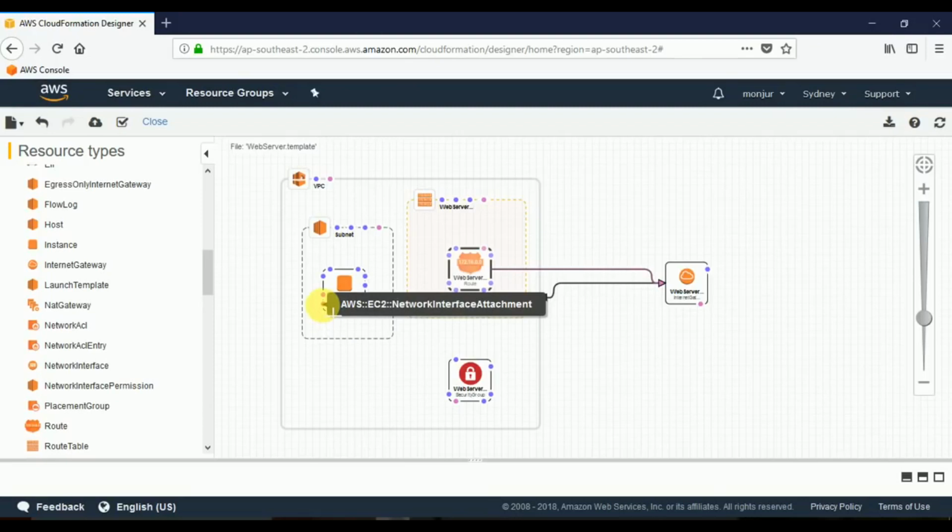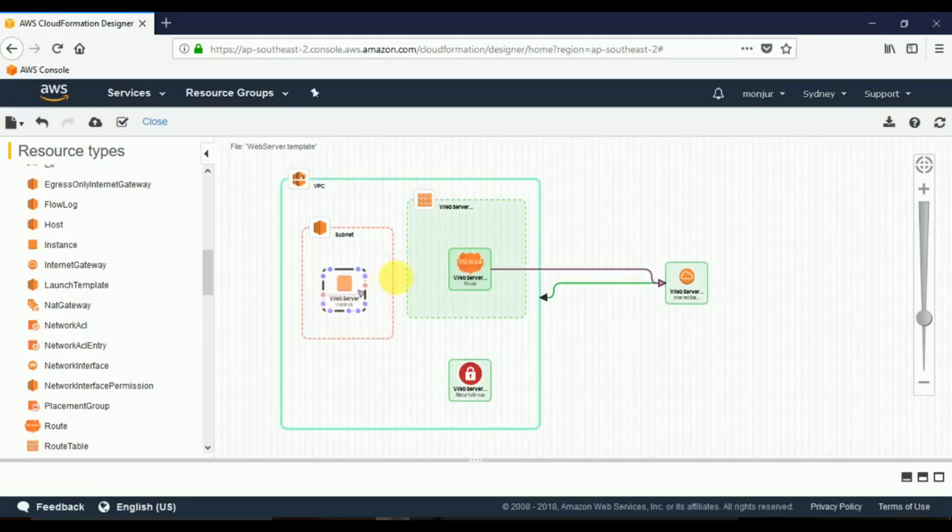We will discuss the rest later on. So here is the depends on. It depends on the route. So I'll drag and drop. Here you see this is highlighted. So I'll just connect, and then